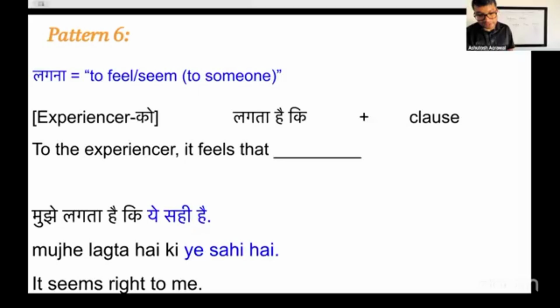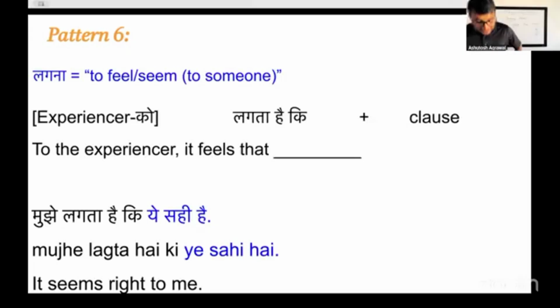Something feels expensive. Yeah. So let's say, Michael ji, you buy something and you're getting the price and it feels expensive to you. मुझे लगता है कि यह चीज़ महंगी है. Beautiful. मुझे लगता है कि ये महंगी है. Okay. And cheese is considered generally feminine, so महंगी है. Okay. But if you specify it, then it can change. Right? मुझे लगता है कि लैपटॉप महंगा है और ये फोन महंगा है.